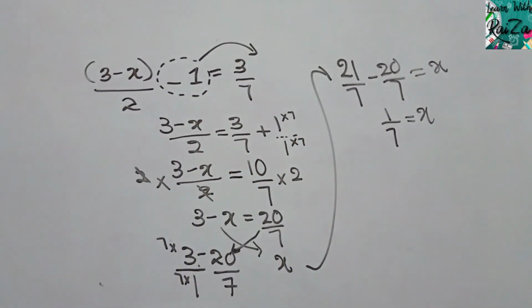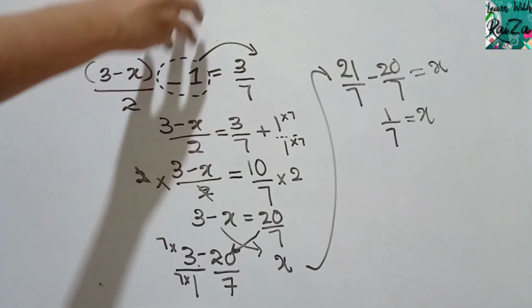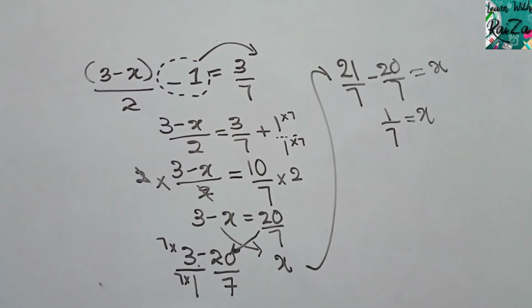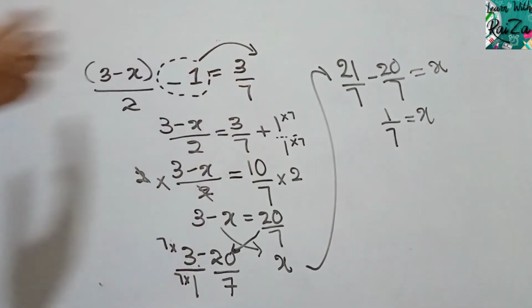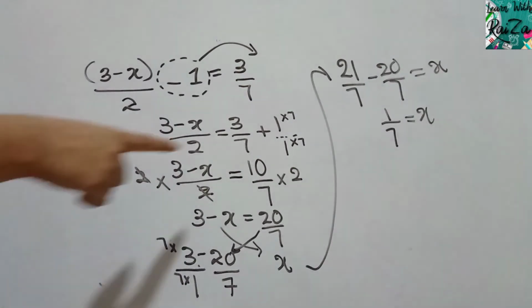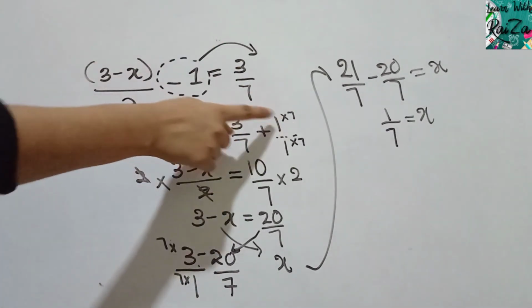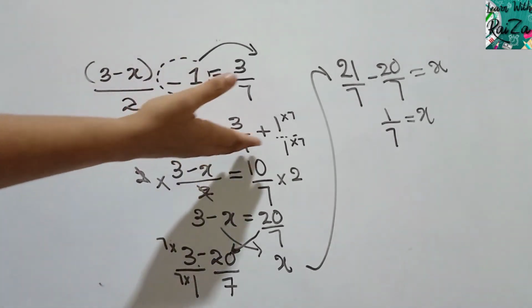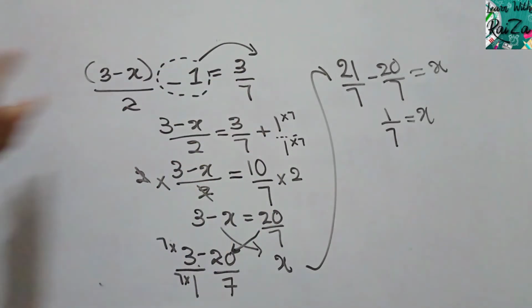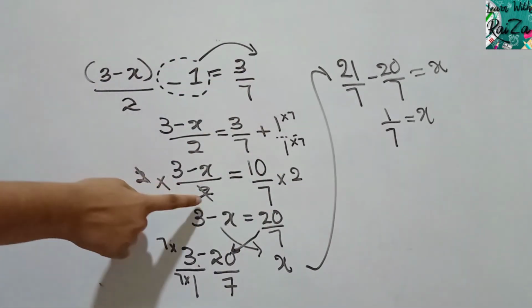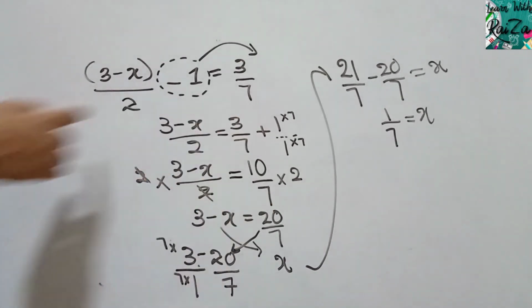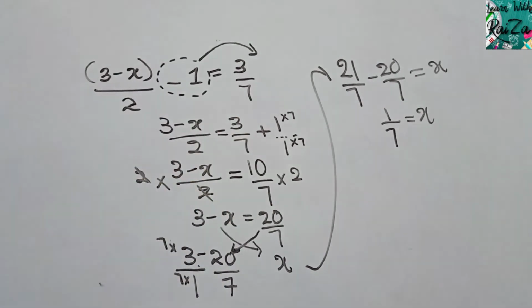So what did we do here? The first thing, we took the negative 1 there, it became positive 1. Then we made a common denominator because during addition we have to make the common denominators. Or else you can take 1 3 by 7, the mixed fraction as well. So I made it with 7, 7 plus 3. So we can add when the denominators are same. So then 10 by 7 comes. To remove this 2, I multiplied 2 on both sides. So 2 got cancelled from here. There it became 20 by 7.